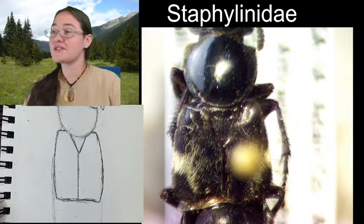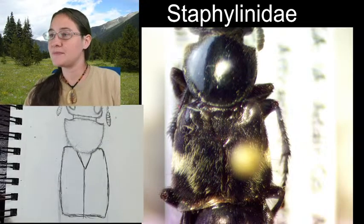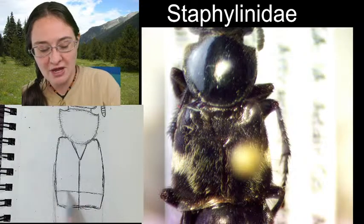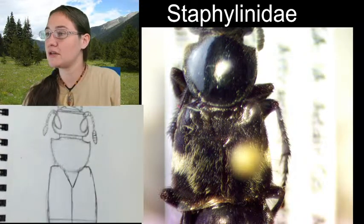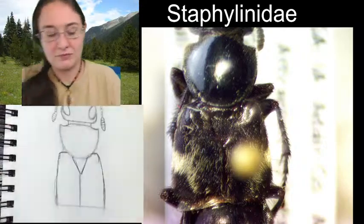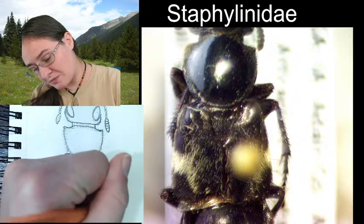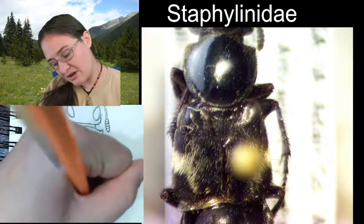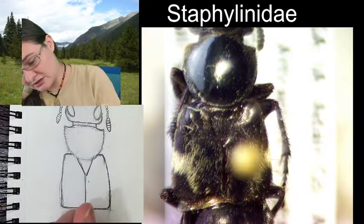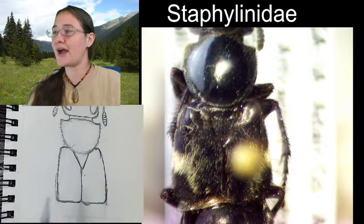Alright, so this is going to be our overall shape for our elytra. They, to me, look just a little bit long. I think I want them to end more like here. I'm happy with that. Alright, so I'm going to round these out at the edges here and here. Alright, and then we do have some really...